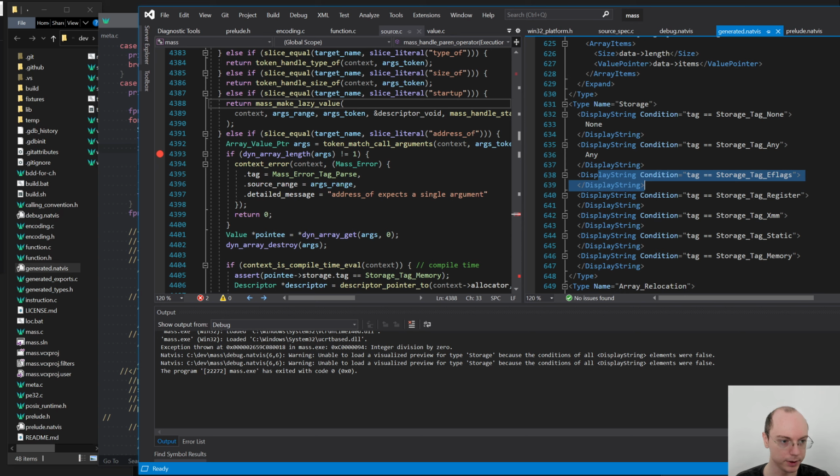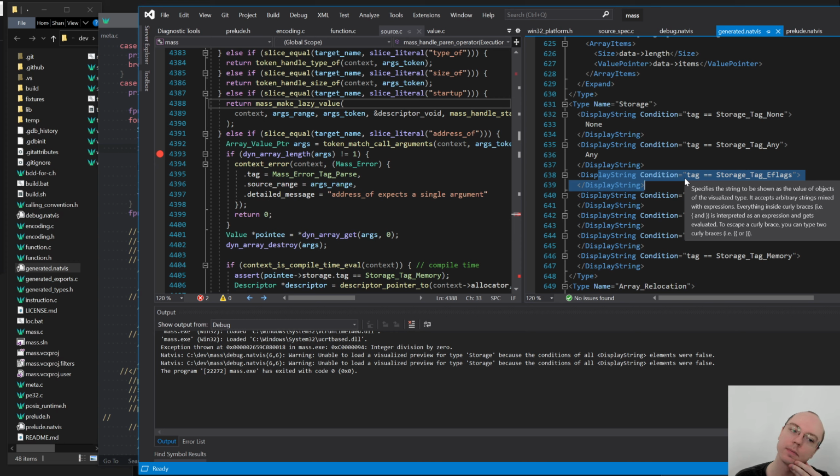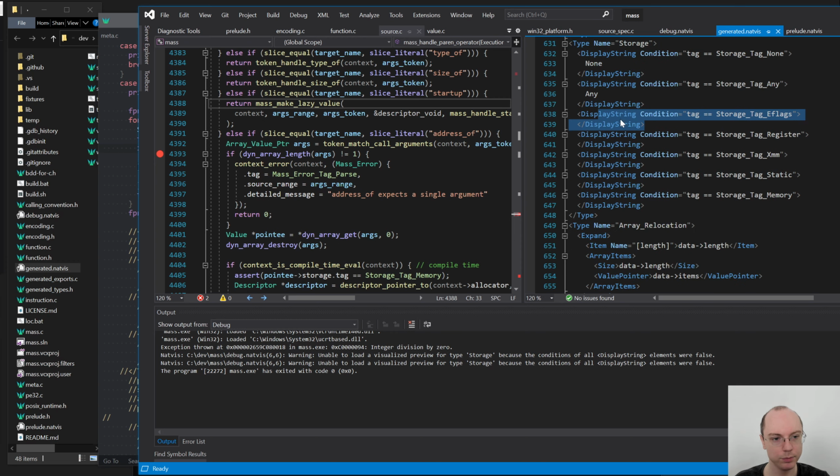And then for the ones that actually have fields, this is where we will figure out what we need to show. I'm not exactly sure that's the best way to go about this, but